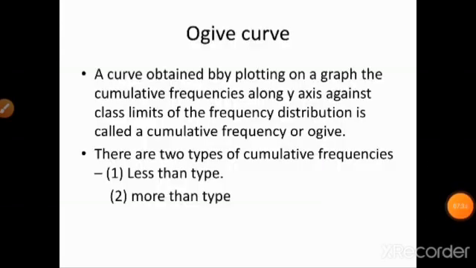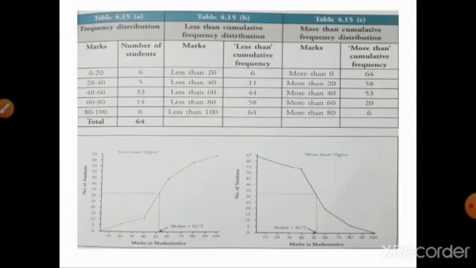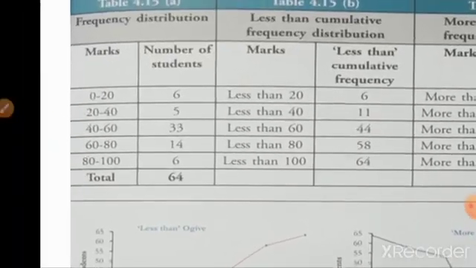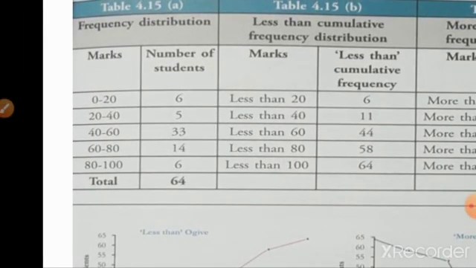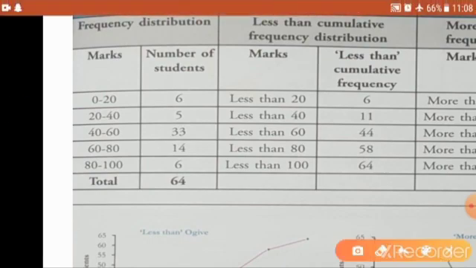And the last one we are going to see is the Ogive curve. The Ogive curve is obtained by plotting a graph of the cumulative frequencies. Two types of frequencies are there: less than cumulative frequency and more than cumulative frequency. In this tabular column you can understand how to find the less than and more than frequency curves. The class intervals are given as 0 to 20, 20 to 40, like this up to 80 to 100, and the number of students is given here. To find the less than frequency, the first number of students given will be entered as the first cumulative frequency, and then we add it to the next